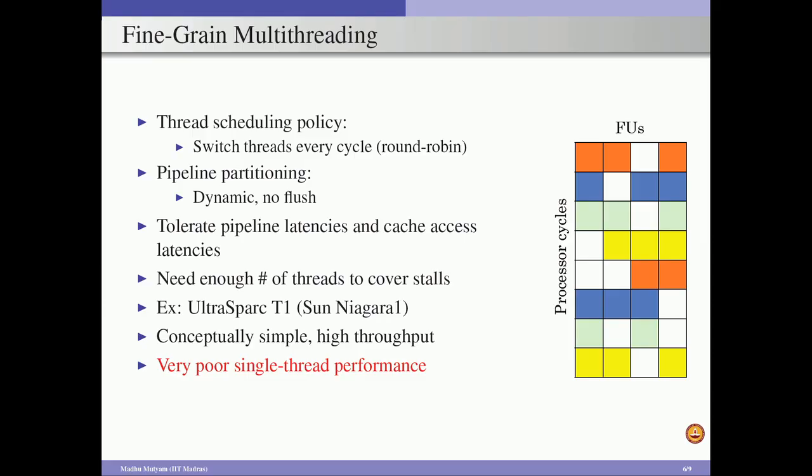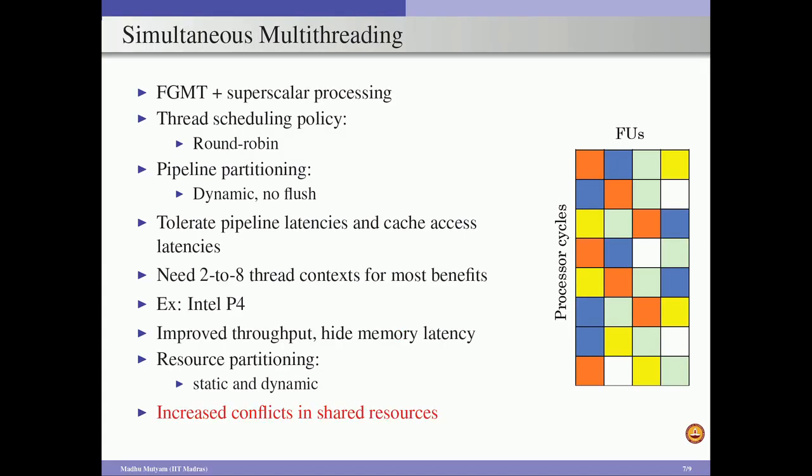And finally, we consider simultaneous multithreading, which combines fine grained multithreading with the superscalar processing mechanism. So far, in fine grained multithreading and coarse grained multithreading, the underlying hardware keeps only one hardware thread active at any point of time. While we are issuing instructions from one thread, the other thread will not issue its instructions to the processor. As a result, we cannot exploit the thread level parallelism to a full extent.